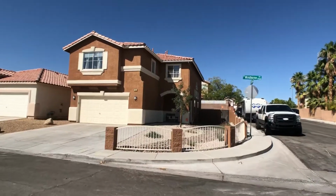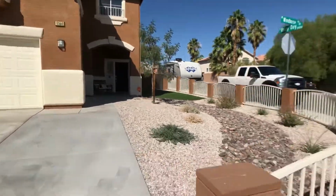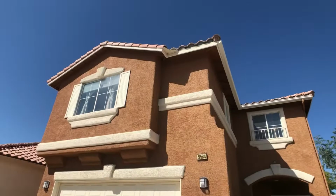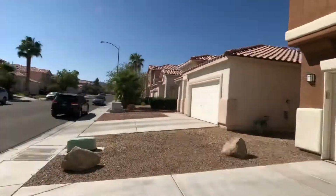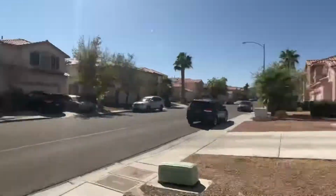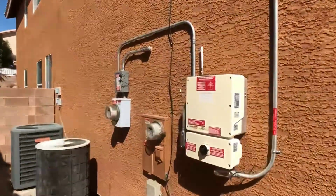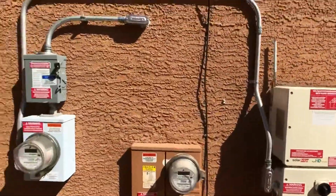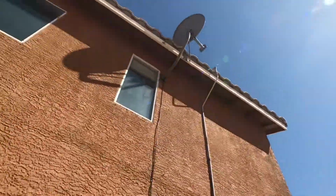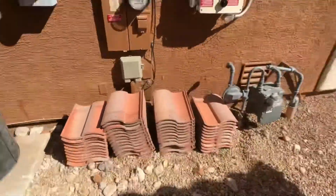All right, here in the southwest part of Las Vegas, as you can see, this home is situated on a corner lot, and the owners have recently redone the front yard landscaping. As you can see, it does look aesthetically pleasing, and it is very easy to manage. As we come over here on the side of the home, you will see the solar setup, because this home does have solar panels on the roof, making it more of an energy efficient home, and the bills have been